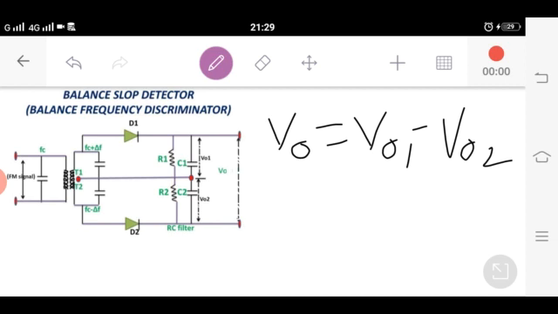Okay, now to understand the further operation of this balanced slope detector, we need to understand it with the help of certain conditions. We will talk about them one by one, which will help us understand the operation of this particular balanced slope detector. Now let's consider condition number 1, where